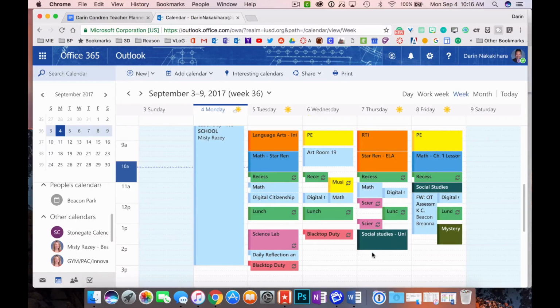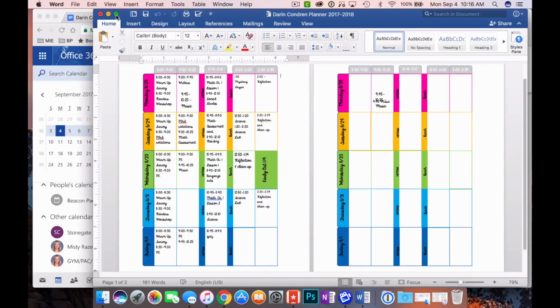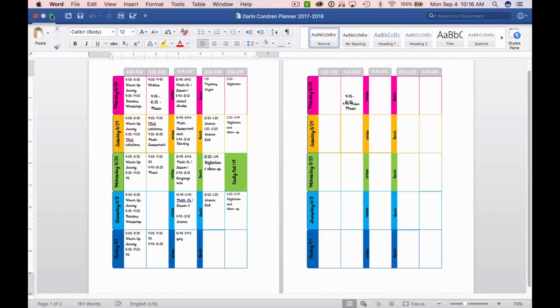So I started out in Excel, and then I didn't really like the way that looked, and so I moved over to Word, and I got a nice looking one in Word. This is kind of cool. It's very colorful, don't you think? And it looks kind of cool. But I wasn't sold on this one either,